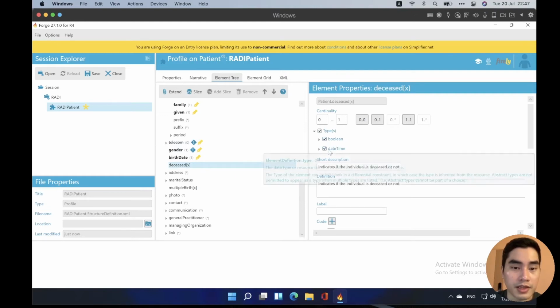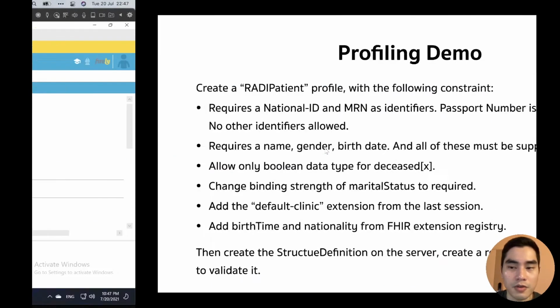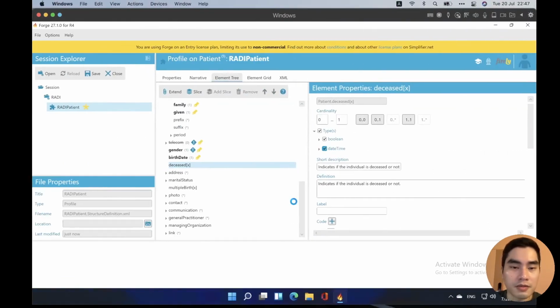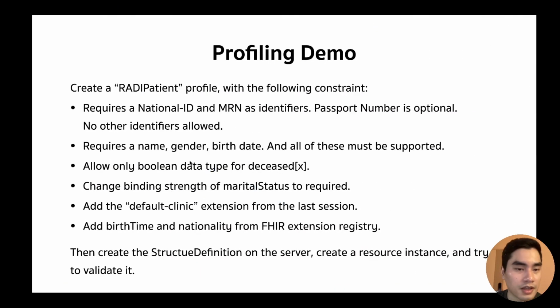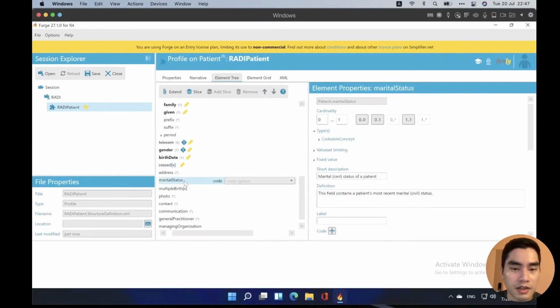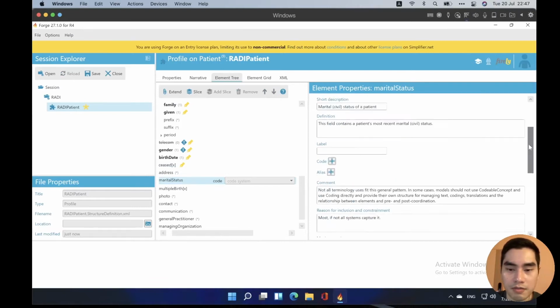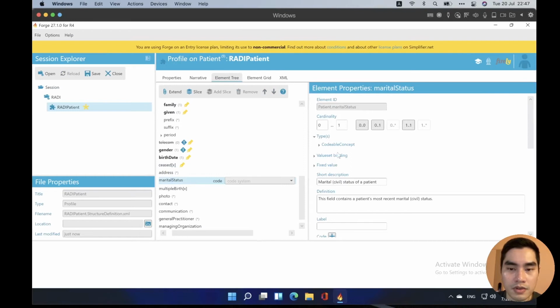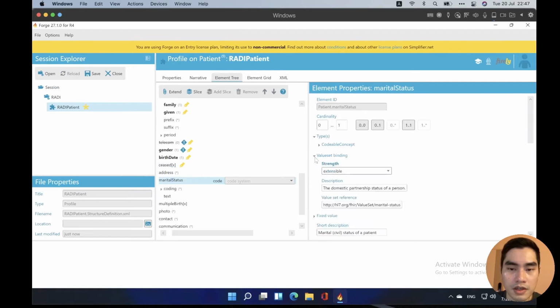They have two data types. I want Boolean. So yeah. And change the binding strength of marital status here. Now it is bound to this value set with this extensible strength.